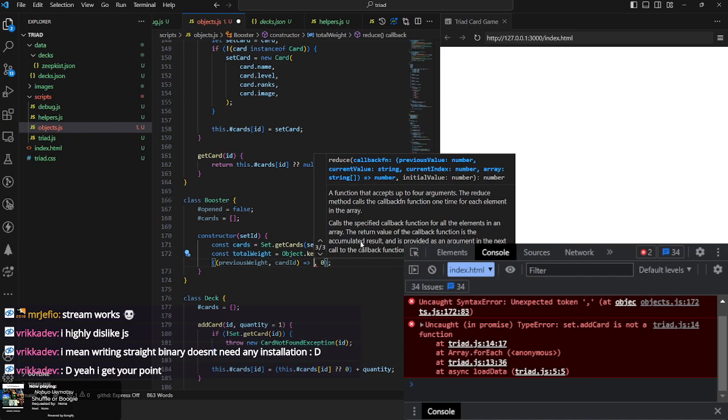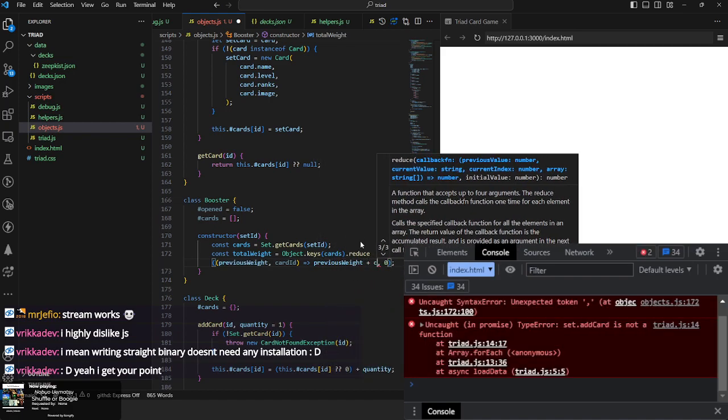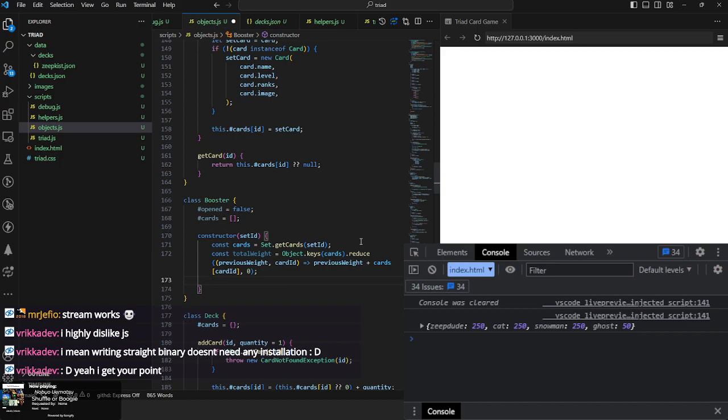Card ID is previous weight plus card ID. Did I do something wrong? Yeah, this is right. Next,